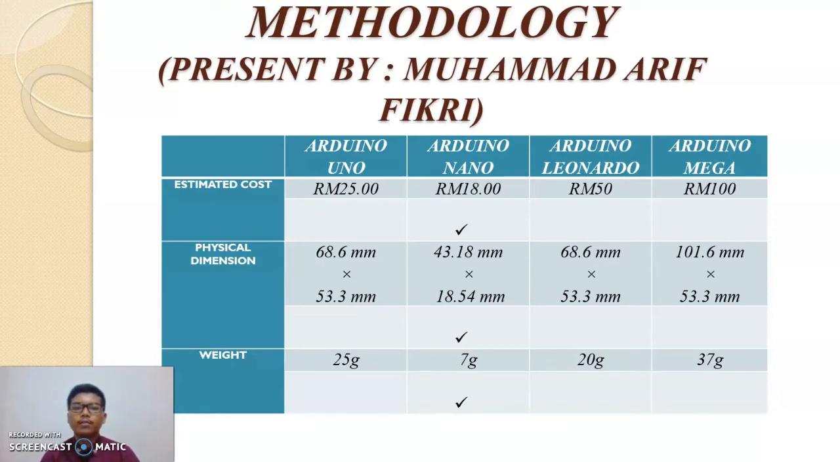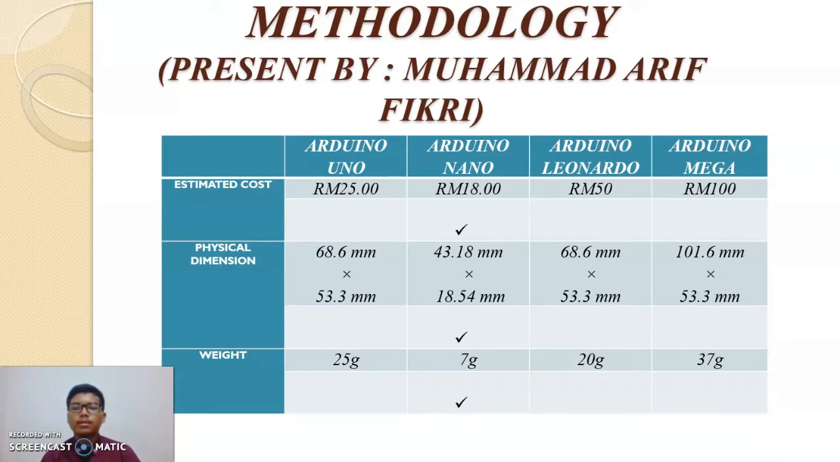The Arduino Nano recorded 43.80 mm in length and 18.54 mm in width, which is smaller than other Arduinos such as the Arduino Mega, with 101.6 mm length and 53.3 mm width. Finally, the row of weight, the most important for our project, which needs to be as light as possible, recorded